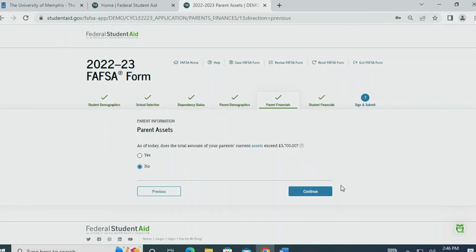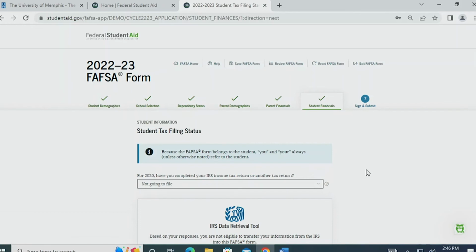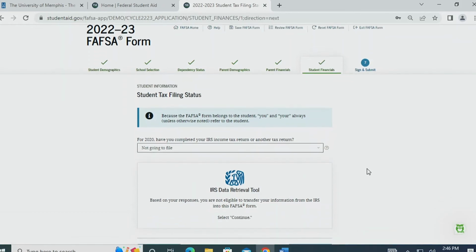In Section 6 of the FAFSA, you will be submitting financial information for the student, including income, taxes, assets, and other information as applicable to you, the student's unique circumstances. If you, the student, file taxes separately from your parents, you will need to indicate that and follow the same steps as in the parent financial information section. If you are not required to file taxes and chose not to, you will indicate will not file, then answer the following questions appropriately. For this example, we will indicate that our demo student did receive a small amount of income but was not legally required to file taxes and chose not to.